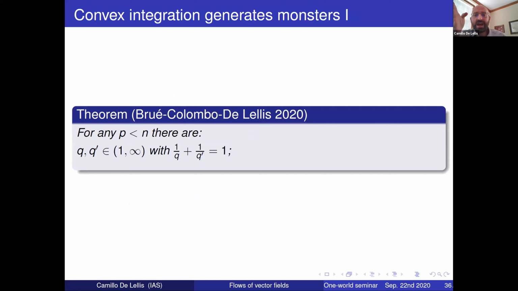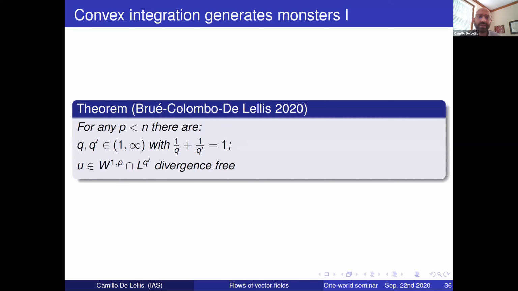So I don't have time to explain why, but you can just have faith in me and believe the following. The effect of having different solutions of the ODEs relies on the fact that the DiPerna-Lions theory is in fact sort of sharp even at the level of the PDE. So in particular, if you allow me to go below the threshold where Caravenna and Crippa can actually prove almost everywhere uniqueness, which is the dimension of the space,